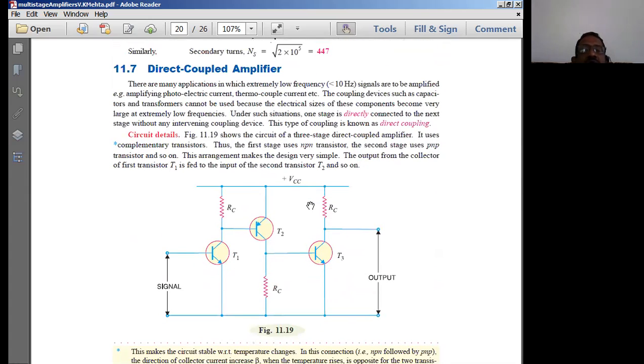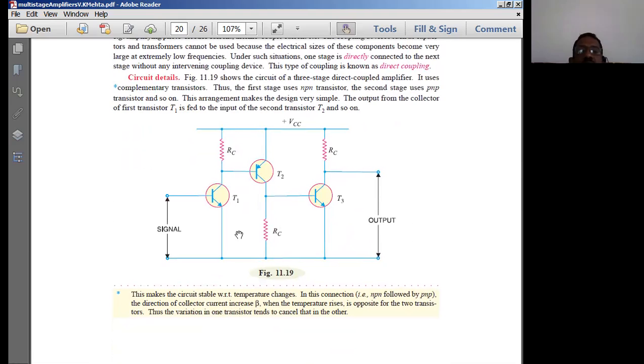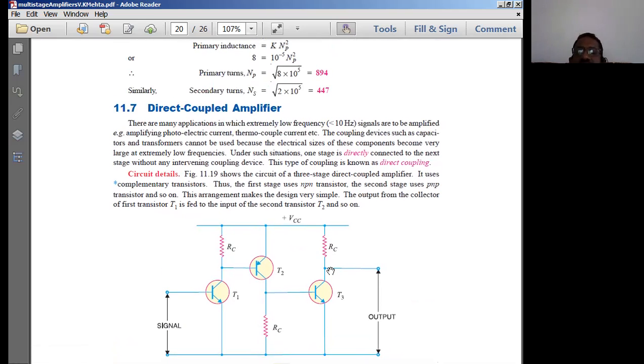So the next coupling is going to be direct coupling. If you see carefully, this is one stage of the transistor amplifier, another stage of the transistor amplifier, another stage. Three amplifier stages are there here. One amplifier is connected to another amplifier directly, so it is nothing but direct coupled amplifier stages. Direct coupled amplifiers are normally preferred for coupling with CC amplifiers or emitter followers. See here, this is an emitter follower. For emitter follower circuits, we normally prefer direct coupling. Okay, so these are the various multi-stage amplifiers which we have.